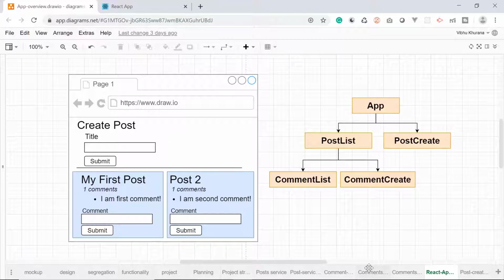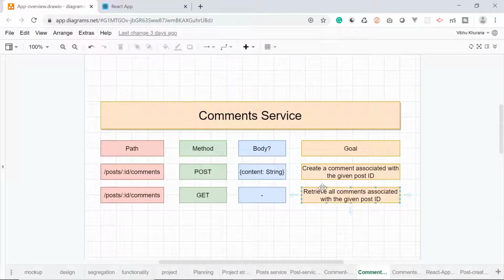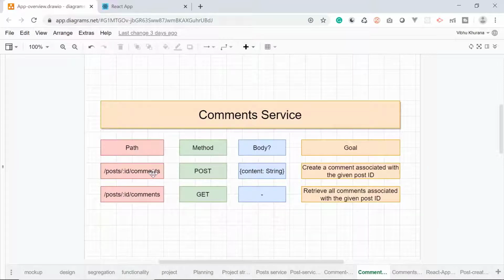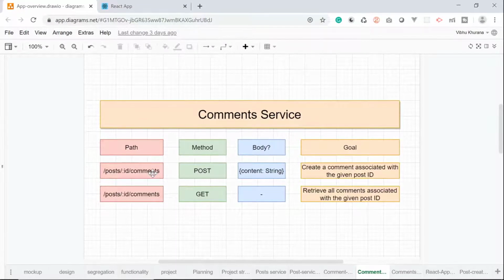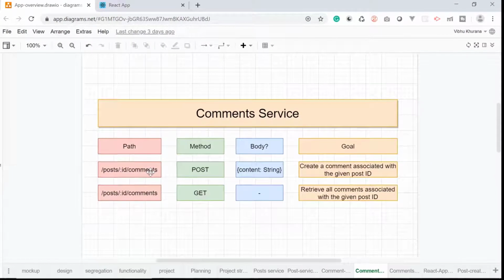Now let's understand one thing: this is the post request that we are going to make, and the ID is something with which we want our content to be associated. So inside of our comment create component, we need to know the post that this comment is going to associate with. Switch back to VS Code.